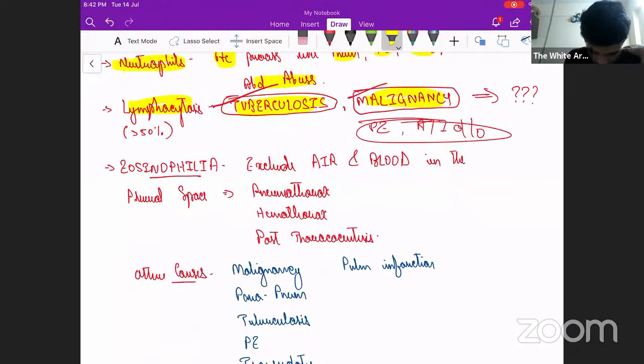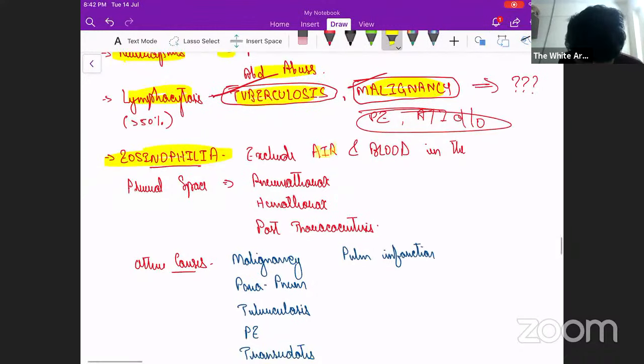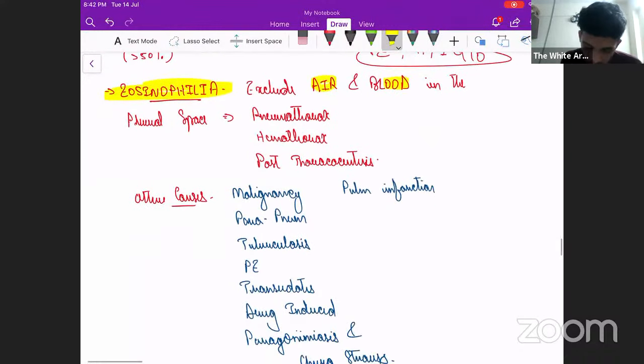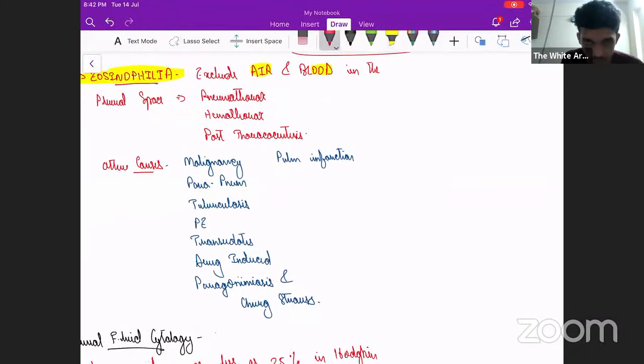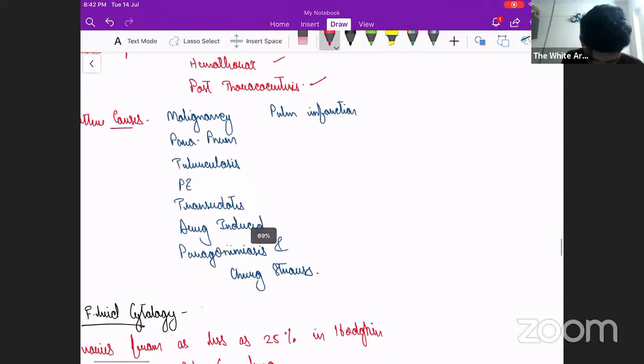Next, eosinophilia. This is a very, very important MCQ. Okay. After excluding air and blood in the pleural space, after excluding this, what are the other causes you will think of is very important MCQ point for us. Pneumothorax, hemothorax, and post-thoracocentesis will come in this only, air and blood. Other than that, what is important is